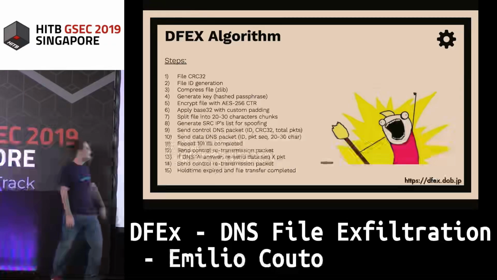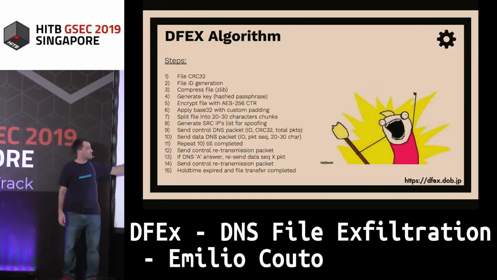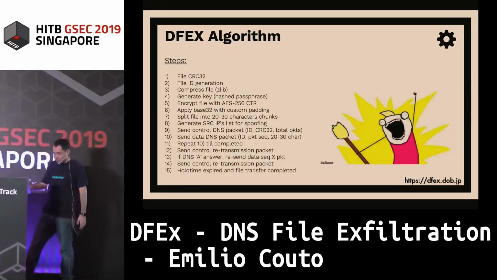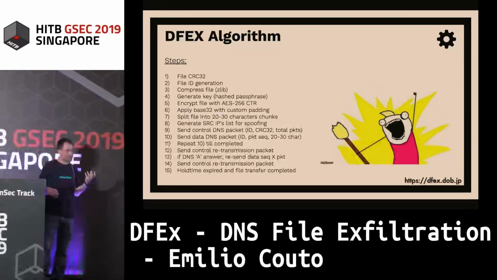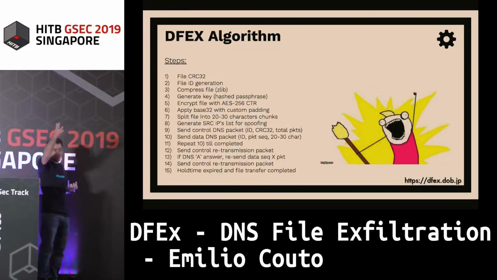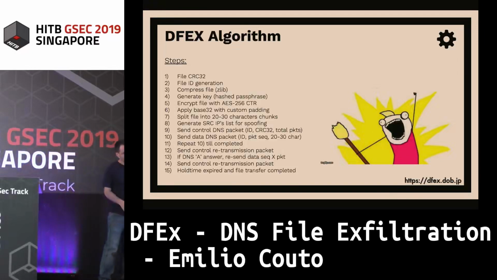I will generate a source IP list for spoofing. This is a key element. Why? Because as you saw in all the techniques, firewalls see a source client doing 20 meg of traffic from one IP to one server. That's very easy to find. However, what I'm doing is